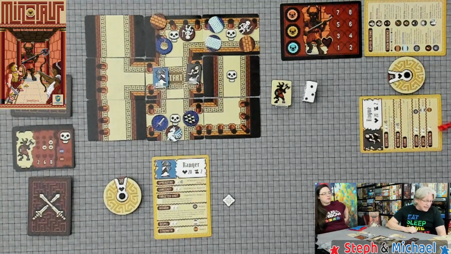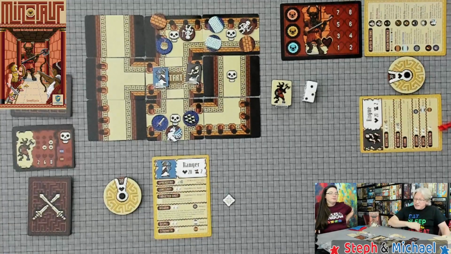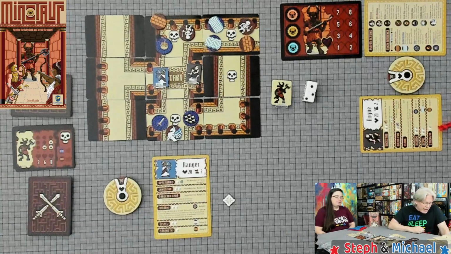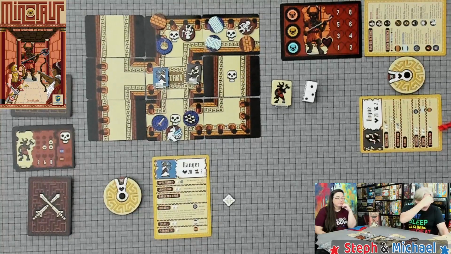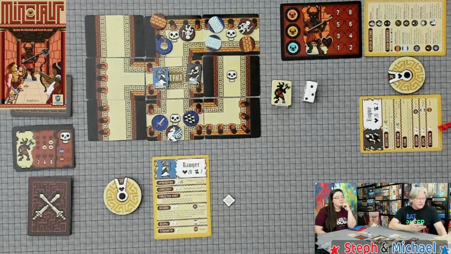Picking up an item does take an action. Whenever you pick up an item, just put it on your character card. However, each character can carry 1 item at a time. If you already have an item, you have to drop the item that you currently have. You can drop your item and pick up a new one as 1 action. However, if you want to drop an item and just not pick something up, that also costs your action. The item is just going to stay on the card until somebody comes and